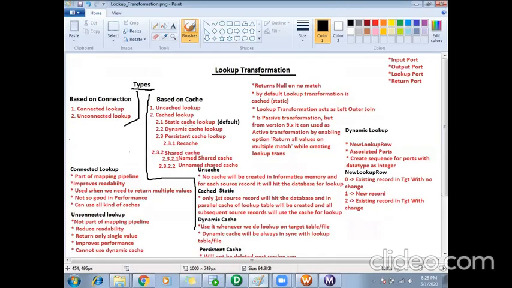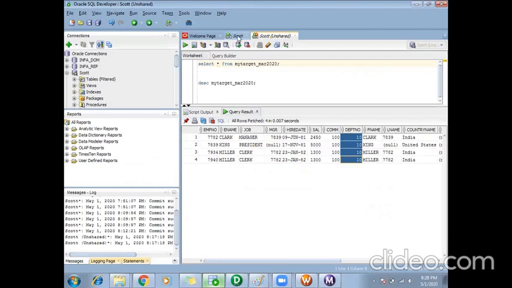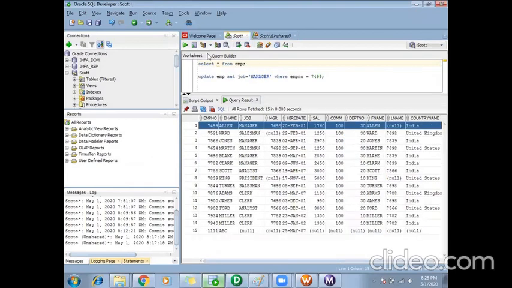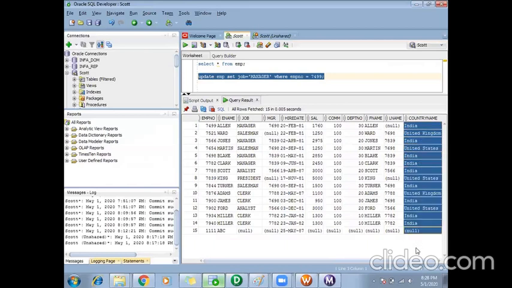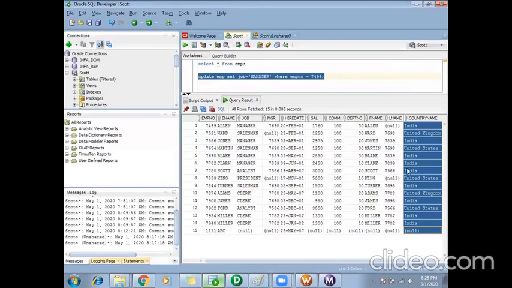Okay, so now coming to lookup transformation. When can I use a lookup? We can take one example. So I have an employee table here. We have the country name to which the employee belongs.